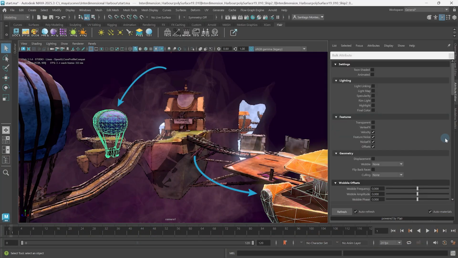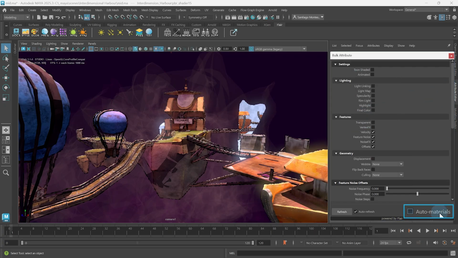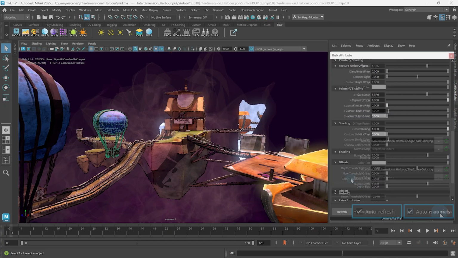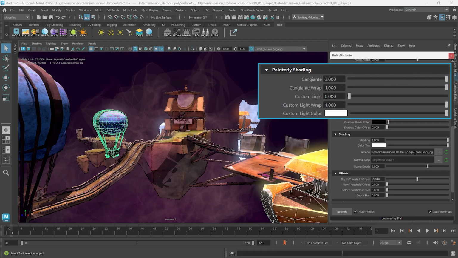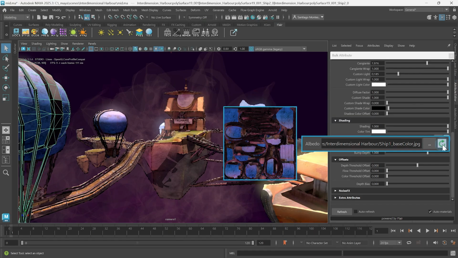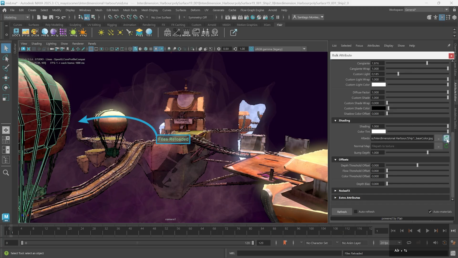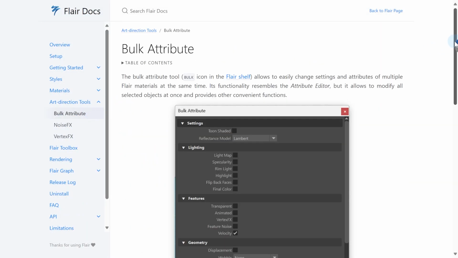And this covers the bulk attribute tool. We learned how to change the attributes of multiple materials at the same time, to control what attributes are shown with Auto Materials, and control whose attributes they are by learning how the tool refreshes. In simple words, the bulk attribute tool is an extension of the attribute editor for modifying attributes of multiple objects at the same time. Everything we have covered can be found in written form in the documentation linked in the